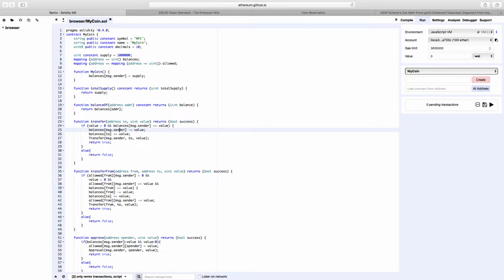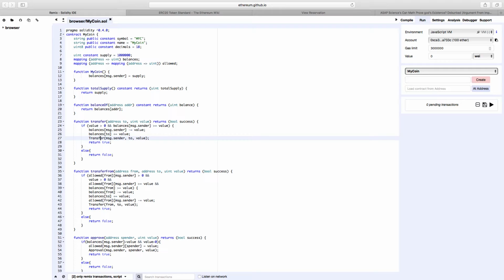Say the message.sender is trying to send 20 tokens to an account. He has 100 tokens. So his balance will be 100, and then value, which is 20, will be subtracted from his account, and his new balance will be 80. Now the receiver, whose address we refer to as 2, will have value added to the receiver's account. So say the receiver had 50 tokens, now he will have 70 tokens. And so the transfer has happened, but it hasn't been